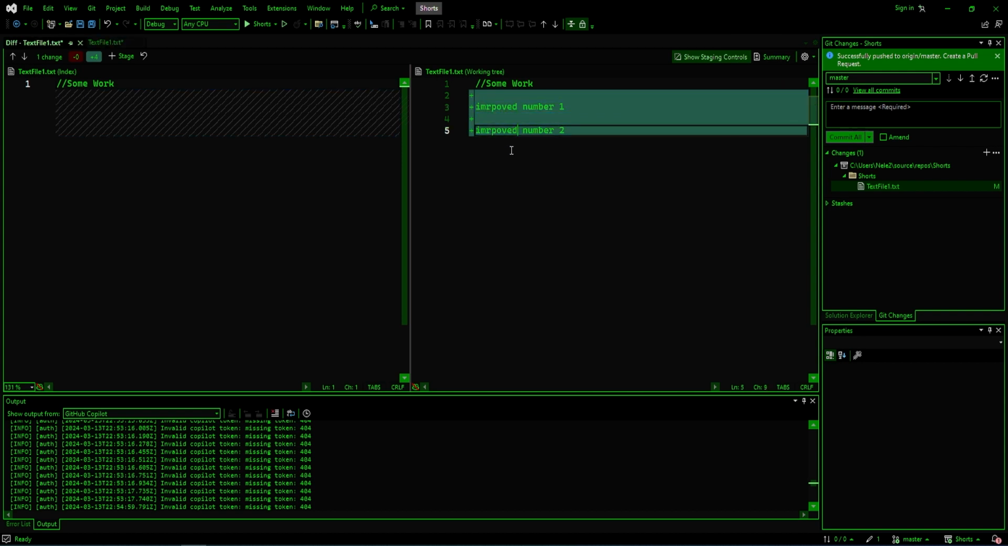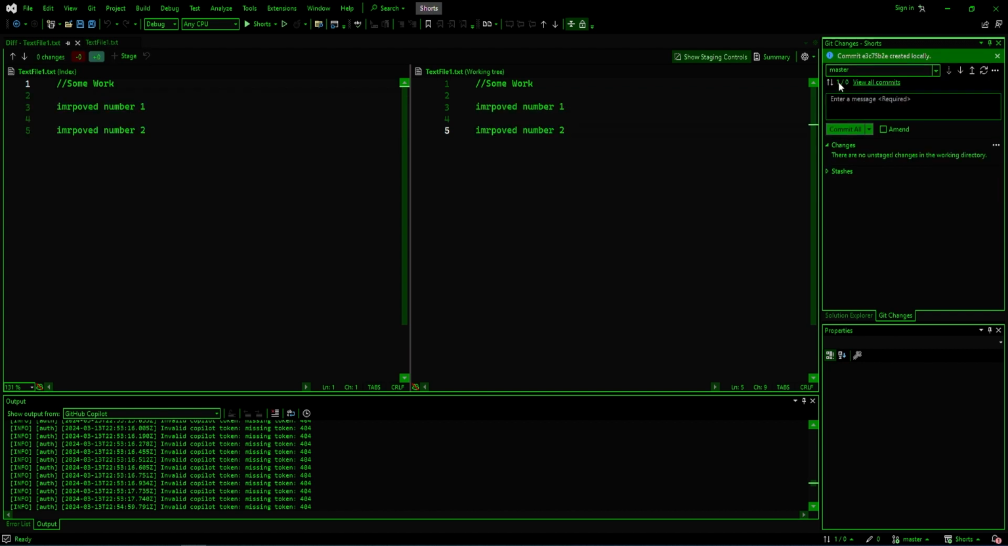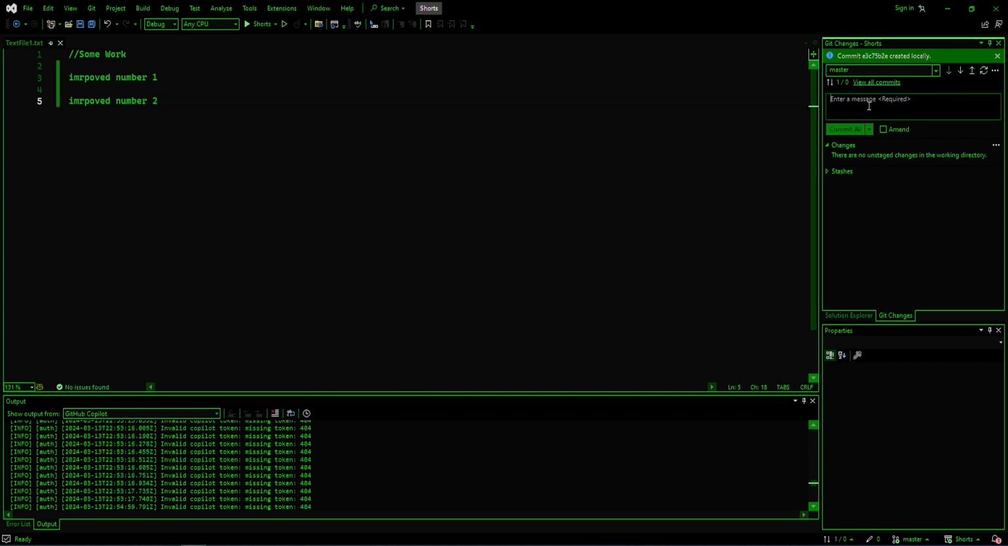Improve number 1 and improve number 2. We can commit, improved commit. Let's save and commit. Okay, now we have 1 outgoing commit,